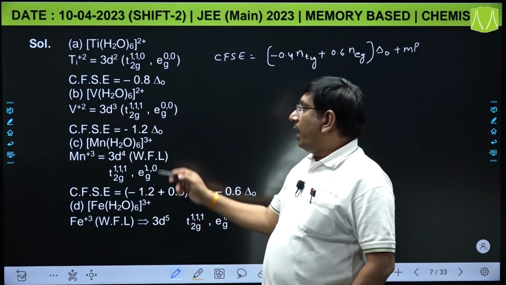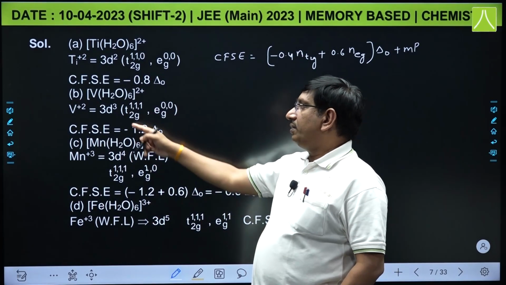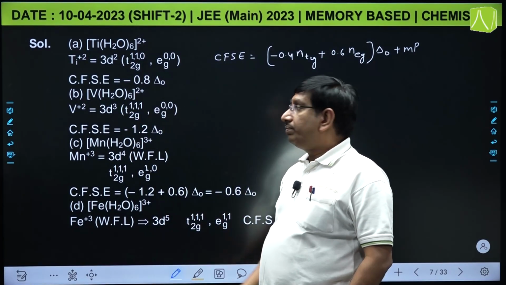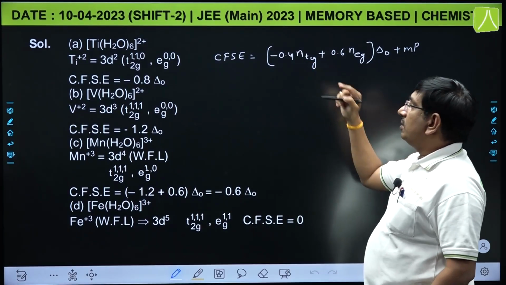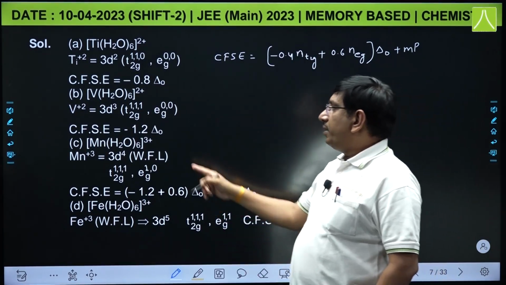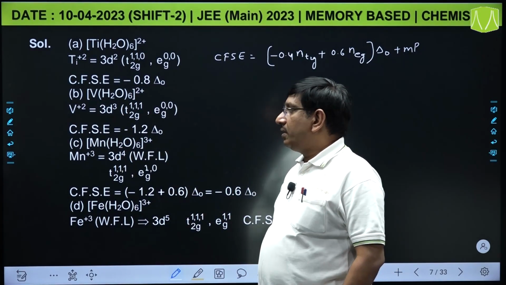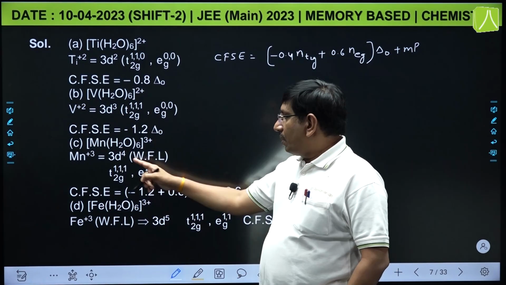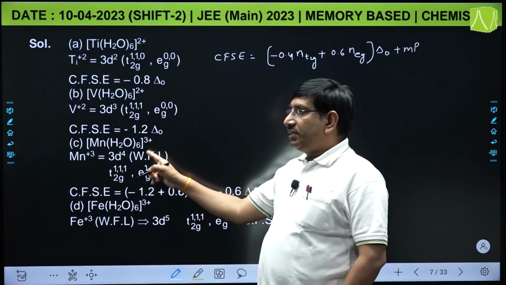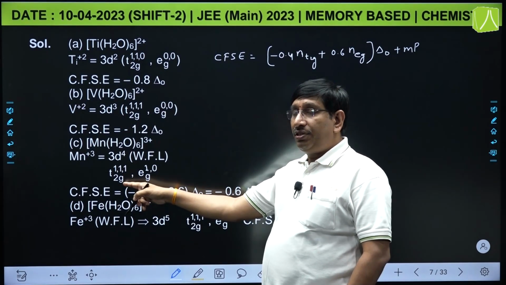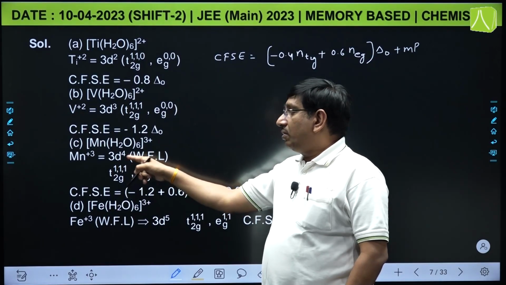delta naught, and vanadium is also in +2 state, 3d3 configuration, T2G 111, and on putting the number of electrons of T2G you will get minus 1.2 delta O. And the third complex Mn is in +3 state, and Mn +3 state it is having 3d4 configuration. Since it is the weak field ligand, the configuration is T2G 111 EG10, and there is 3 electrons in T2G